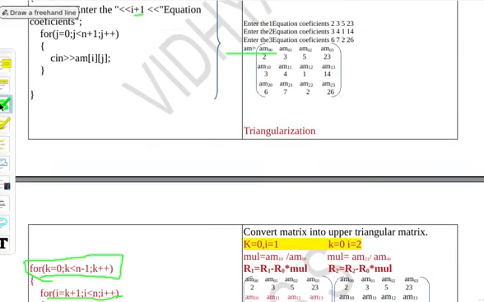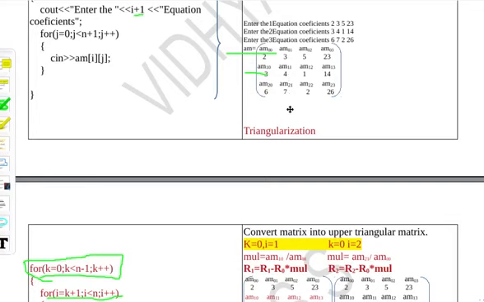Next step is I need to find the multiplier. Multiplier is the element divided by the pivot element, the first element of the first row, in the first time. And my pivot element is from the second row, which means the pivot element will be the 4, and I need to divide 4 by the element which is just below in the same column.